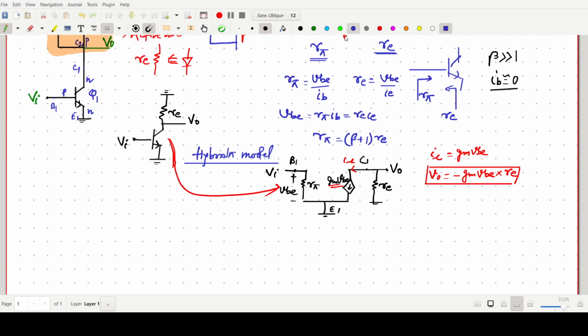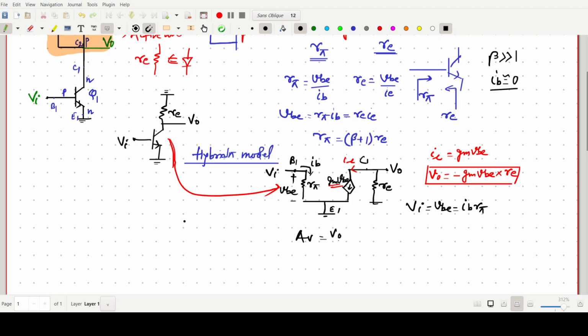Then VI is nothing but simply VBE, and this AC current is nothing but simply the base current IB, which is basically IB into r pi. We have to know the small signal model for this circuitry, and some small concepts like diode-based circuitry using BJT. If diode-based circuitry is there, it is replaced by an RE resistance. So VI equals VBE, which is IB r pi. Now we have to find this AV.